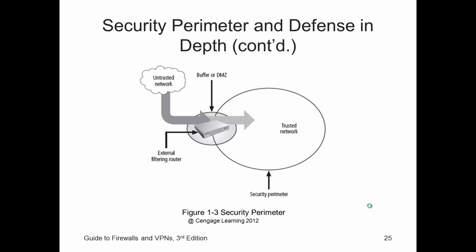So a couple of graphics here. And this is a very simplified image. Again, we see here in the middle with the buffer DMZ, we're assuming a single point of ingress and egress on our network from the outside to the inside. And so what do we expect that device at the edge to do? Well, at a minimum, you're looking at packet filtering, probably most likely some type of address translation. If it's a single point of ingress and egress to the network, then we're probably talking about a single public-facing IP address, which means we would end up going with port address translation, or PAT.